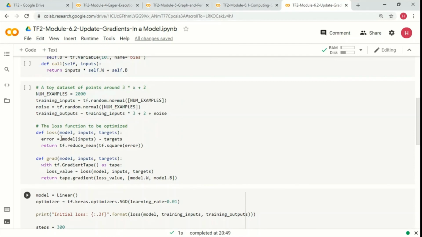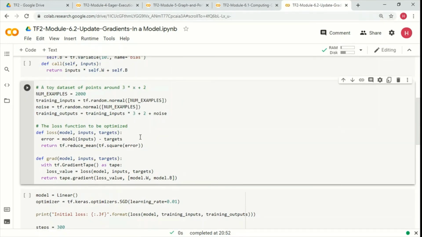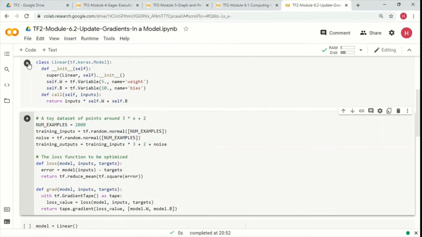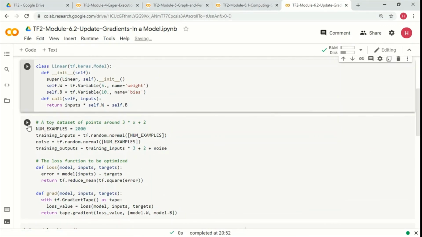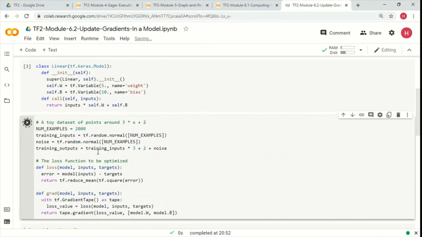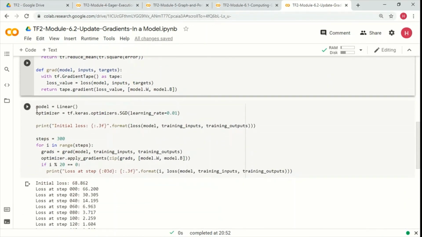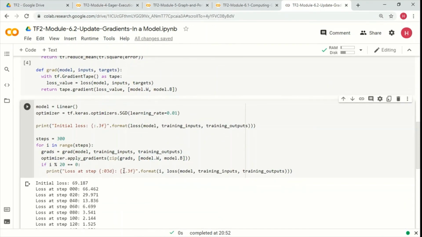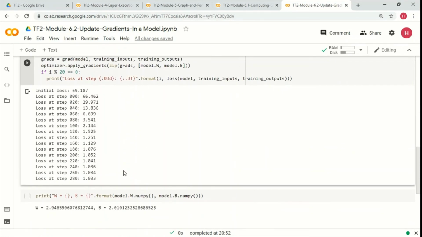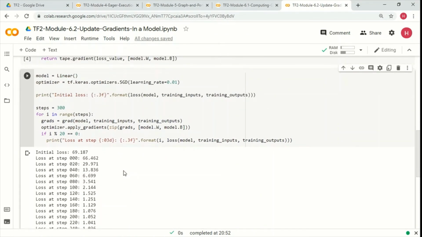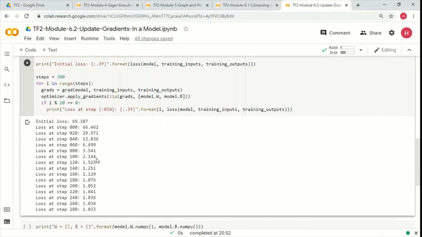So let's quickly execute this. I hope I had executed this, so let me re-execute. I'm not sure. Okay, and then I'm going to apply this. So that's how the training actually progressed. As you can see, as we went through the different batches, the loss was coming down here.